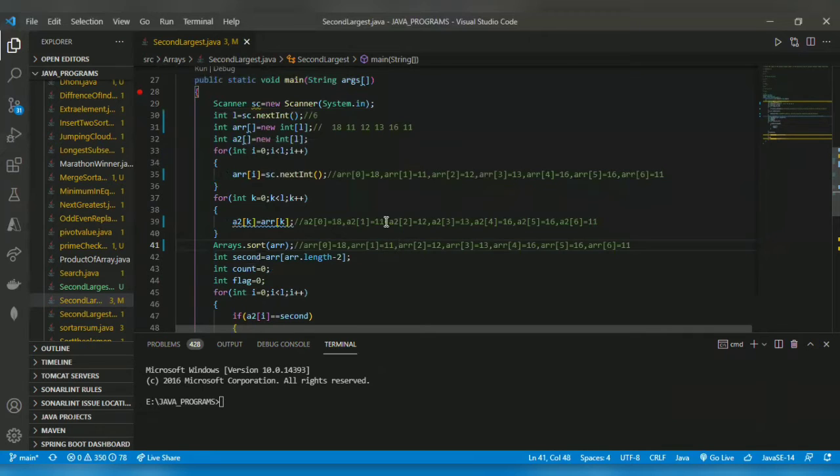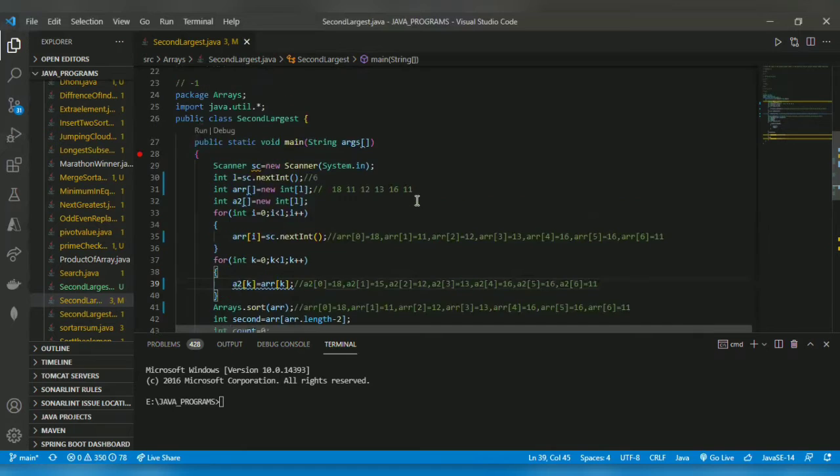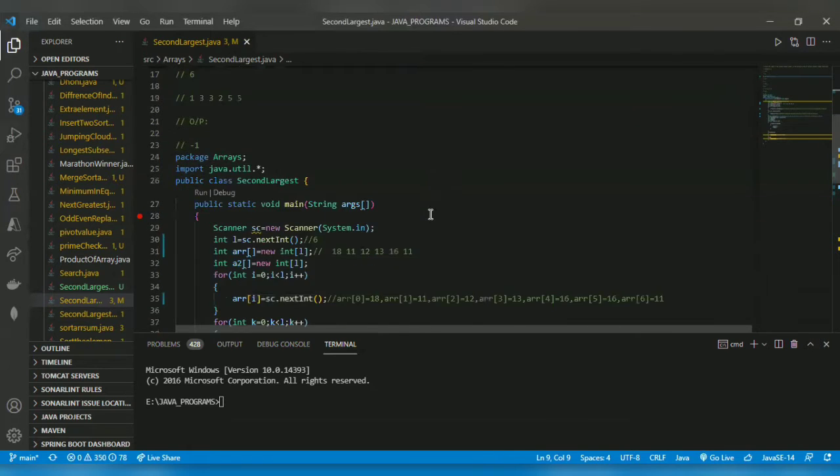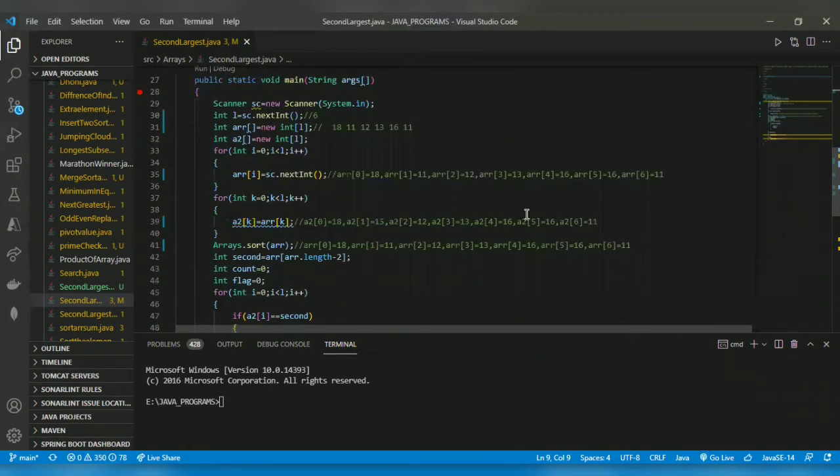Here there is a small mistake in it. It will be 15, and it will be 15. Okay. It will be sorted in ascending order.